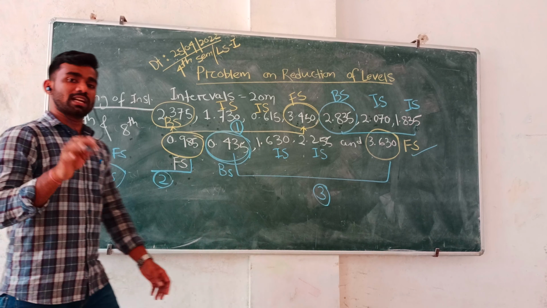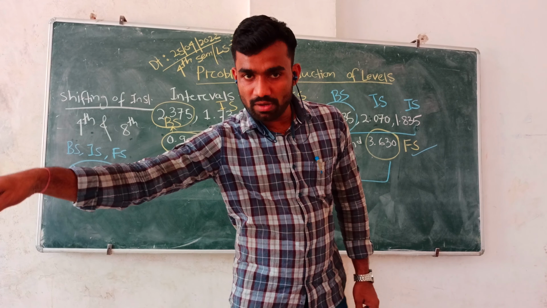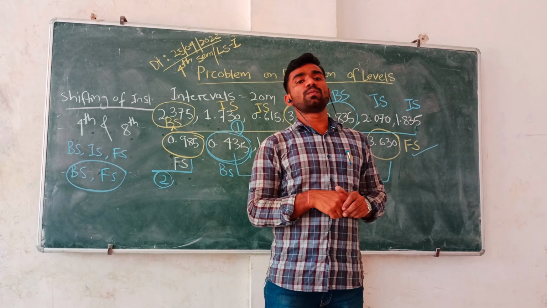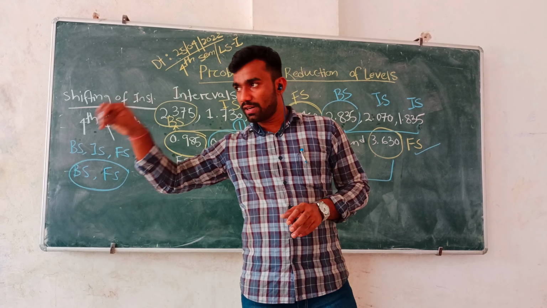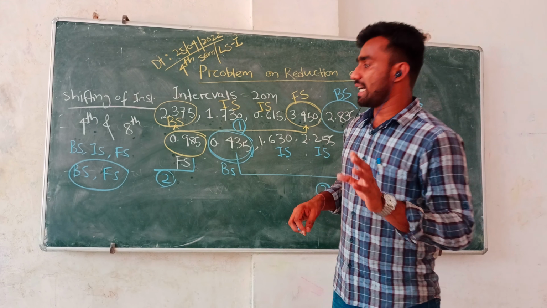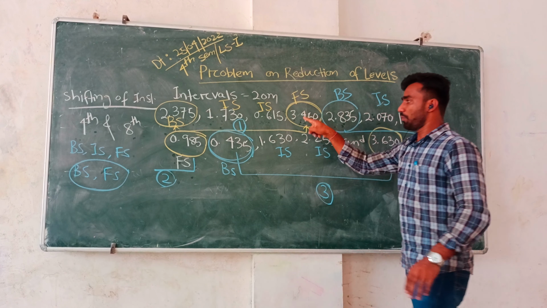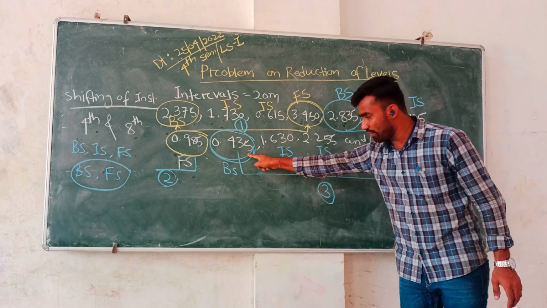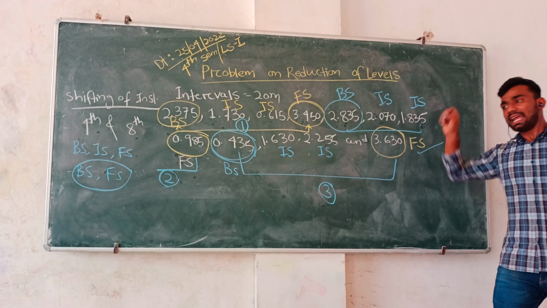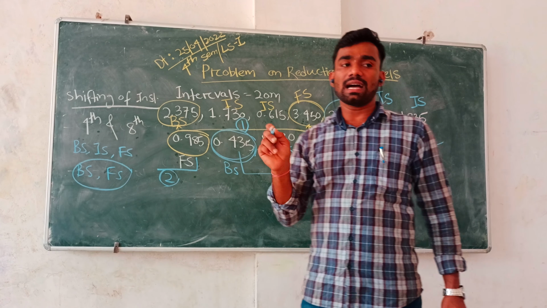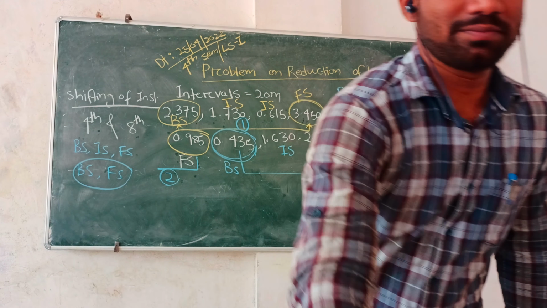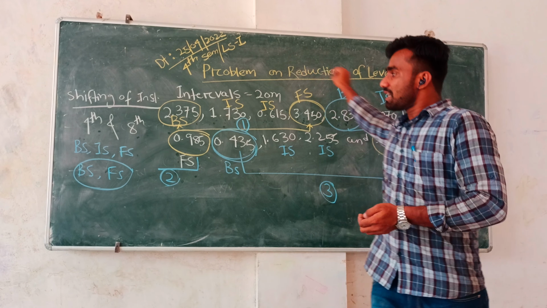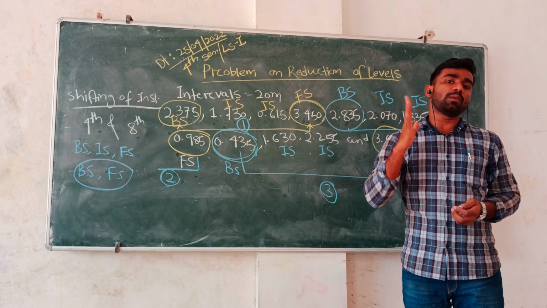Minimum back side and fore side is required because you start the survey from back side and end the survey at fore side. The starting point is known as back side, the ending point fore side. Again, starting point back side, ending point fore side. Any readings between them are known as intermediate side. So if this concept is clear, then you can easily prepare the table.